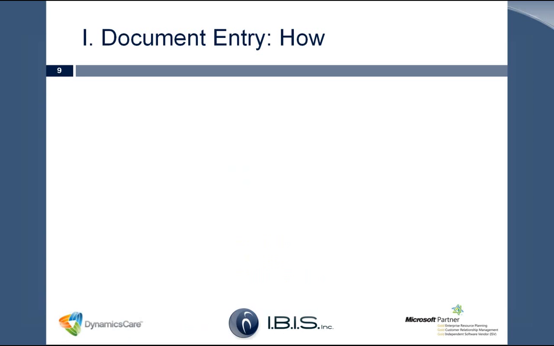So when we look at document entry, although we're talking a lot about AP, when you think about workflow and routing, you don't have to confine yourself just to AP. Typically when an invoice comes in, it's touching multiple departments. So while you can take a phased approach, which we always recommend, I never suggest that as an organization you move from a manual process to a fully automated process, essentially trying to boil the ocean. But you can take a very methodical approach, starting with AP, but what you'll see is that those documents are